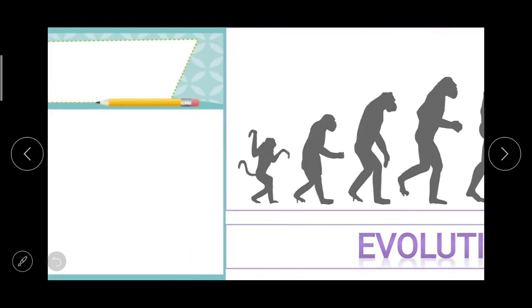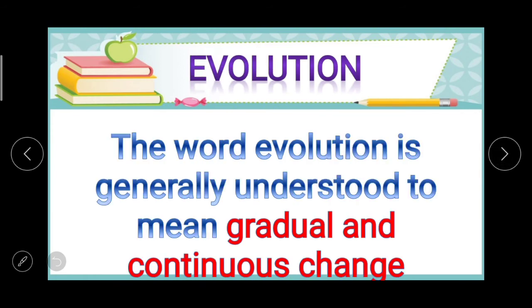So the first point in this topic, the concept of evolution. The word evolution is generally understood to mean gradual and continuous change. Now here you just try to understand the meaning of the word evolution, which is nothing but change. But how? The change which is gradual and continuous. Whenever there is change which is gradual and continuous, then it is called evolution. And now here in this topic we are going to talk